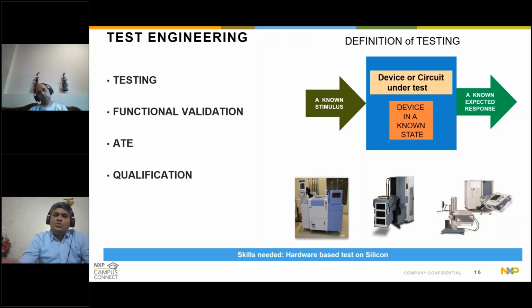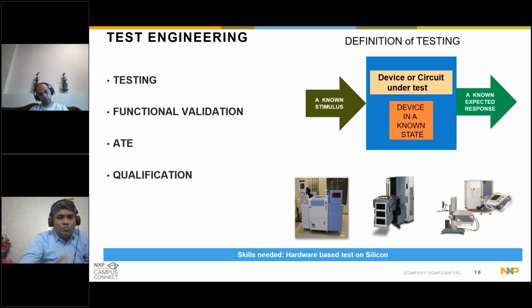Please understand, this in itself is going to be a PhD topic, right? In itself an area where you can make your entire, I don't know, 40 years of career. So test engineering is such a discipline where we talk about functional validation. Is the chip now functional on silicon? You had great performance verified on CAD. Is the same performance also coming once the devices get manufactured?